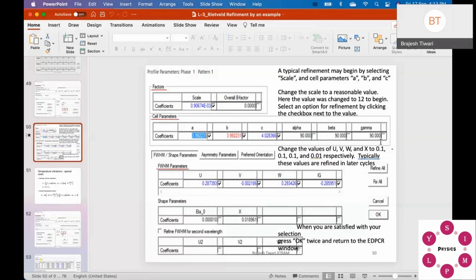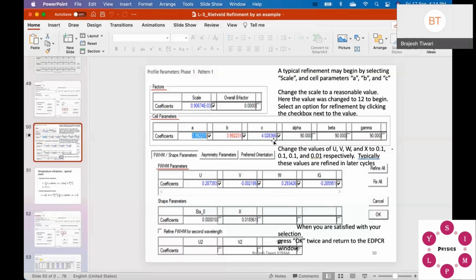But there will be no refinement of your crystal system, so you should keep that in mind. If you choose a cubic structure, since you are giving the space group, by default you are giving your crystal structure also. Suppose it is cubic, so it will remain cubic for refinement.